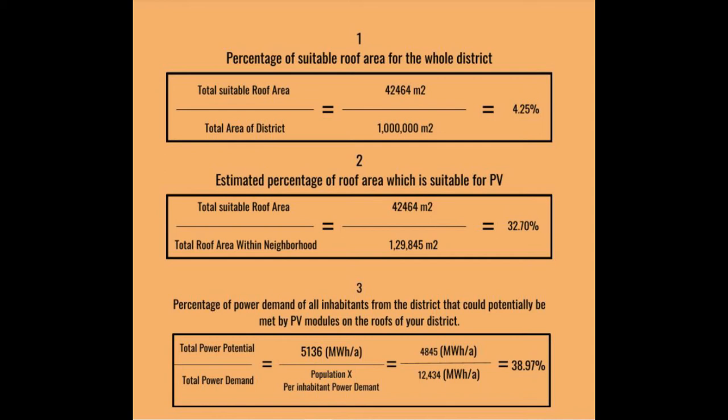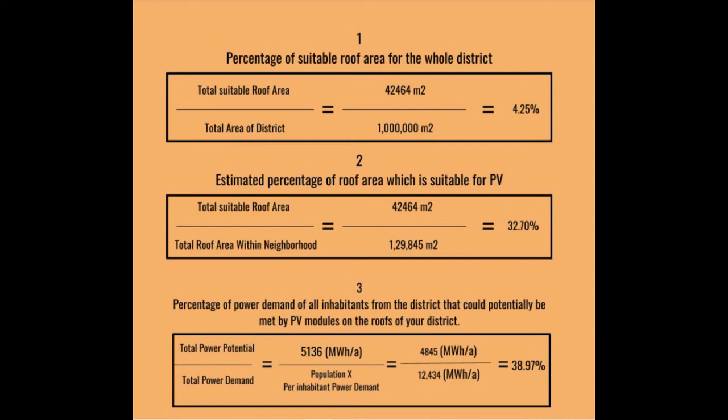Second indicator is estimated percentage of roof area which is suitable for PV. To get this indicator, you have to divide your total suitable roof area by total roof area within the neighborhood. Here, for example, 42,000 divided by 129,845 square meter. So the outcome is 32.70%, which is far bigger than